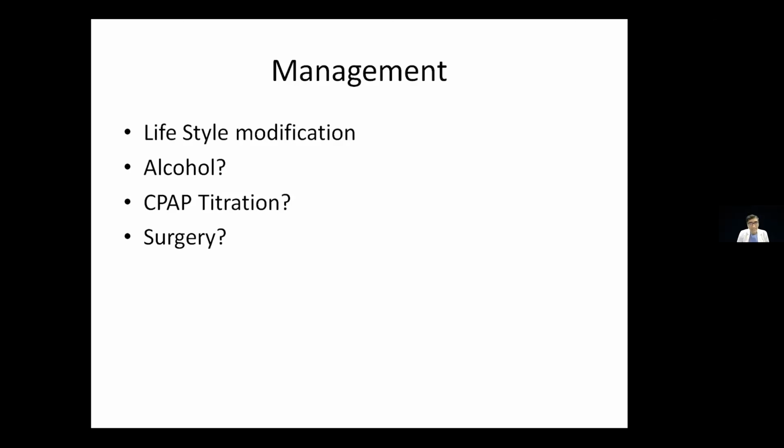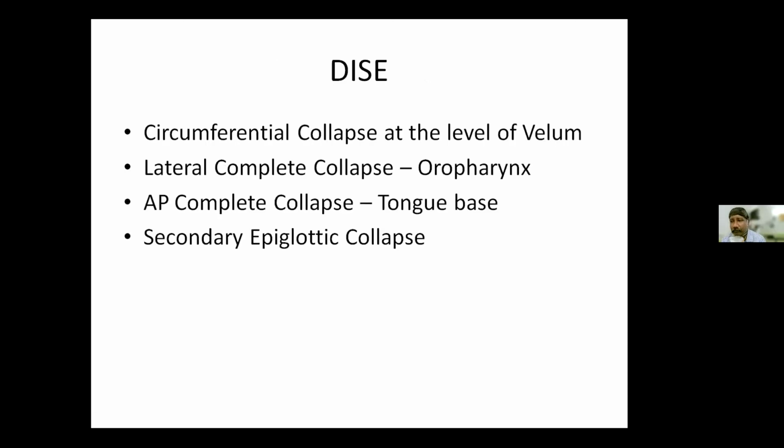Can we go back to the DICE finding then? Yeah, because surgery will definitely depend upon DICE. And in fact, in the next slide, you actually said CPAP titration. Now there's a lot of data that shows that you can do CPAP titrations on DICE, and the data is very similar when you do a lab titration and a DICE titration. So anyway, coming back to this, circumferential collapse at the level of the velum is again